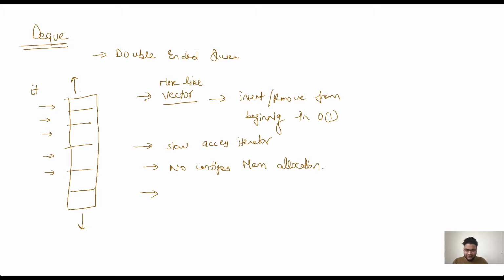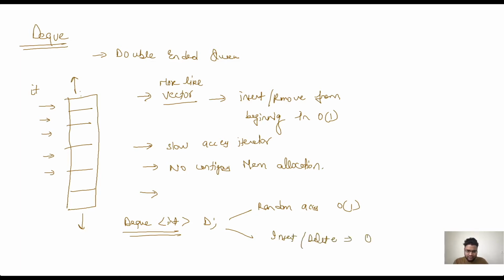Now there are multiple other things as well which we have to discuss. Insertion in deque: if we want to define a deque, the simplest way would be to define an integer deque wherein we keep multiple integer elements. And now in this I can do multiple things. I can get random access of an element in O(1) time. I can also insert or delete in O(n) time if I want to insert or delete from the middle or somewhere else, but it will be O(1) if I'm doing it from the beginning or the end, right? So that's basically the USP of deque.